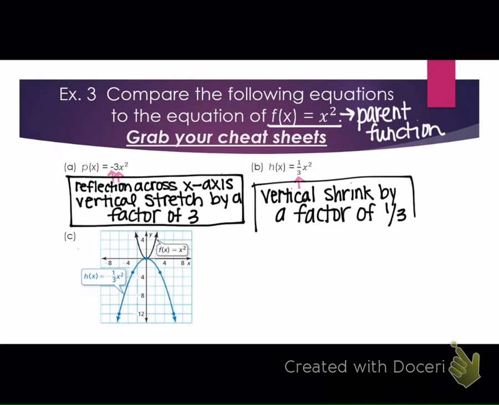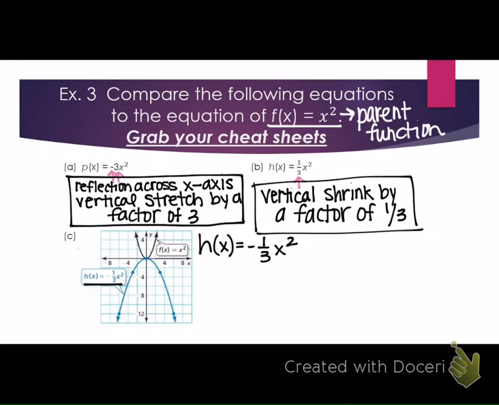And we boxed it in. All right, now we are given a graph in letter C. Which one of those is the parent function? The black parabola or the blue parabola? Black. So h of x equals negative 1/3 x squared is the function that we are looking at for the